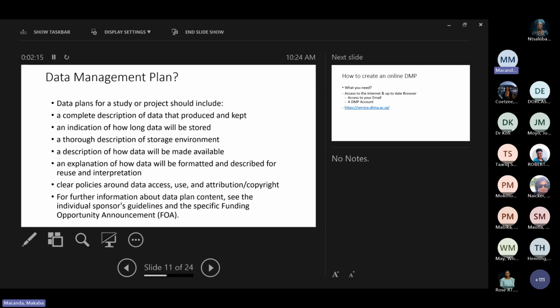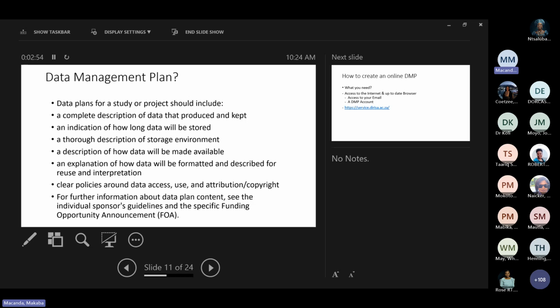Data management plans for a study or project should include a complete description of data that is produced or kept, an indication of how long the data will be stored, a thorough description of the storage environment, a description of how data will be made available, an explanation of how data will be formatted and described for reuse and interpretation, and clear policies around data access, use, attribution, and copyright. Let me mention this also, colleagues: at UNISA, we developed a research data management policy that was approved in